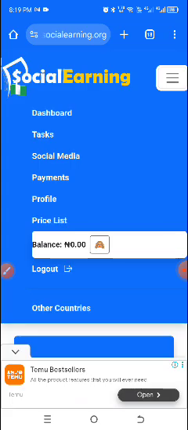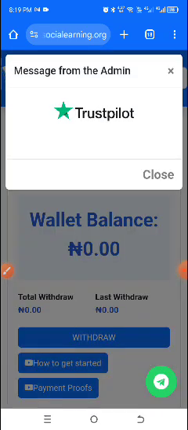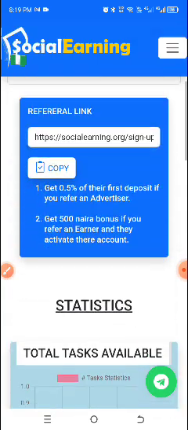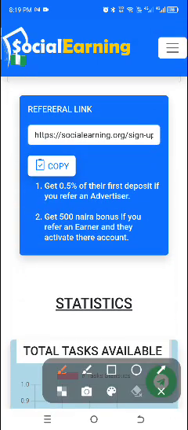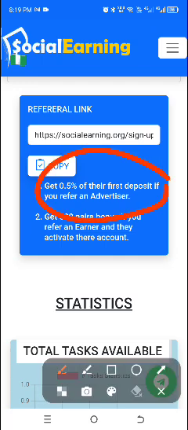So if you want to make more money from the platform, you can refer your friends. If you come down here, you see you will gain 500 naira bonus if you refer an earner and they activate the account. You will also get 0.5% of their first deposit if you refer an advertiser.